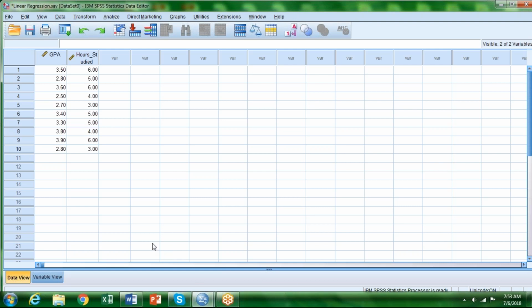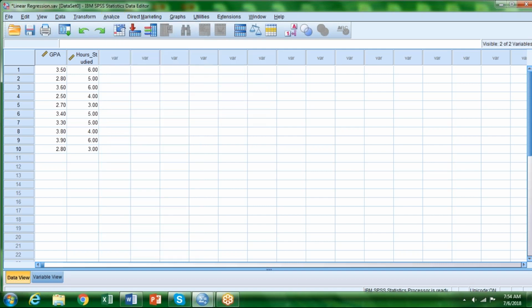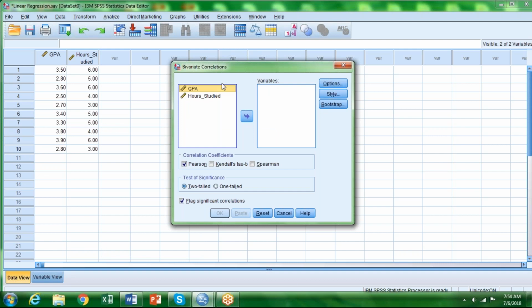And then the next thing we want to do is very simply, we did see a relationship in there, but you know what, we didn't do a correlation. And so let's do a very quick correlation between these two bivariates. And so I'm just going to put both variables over there, and